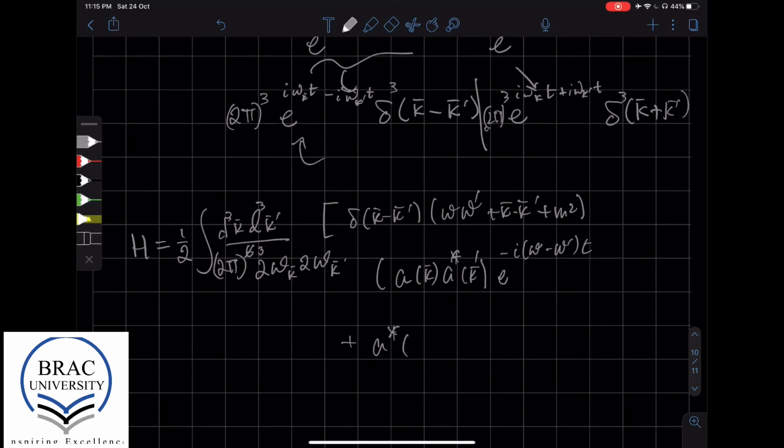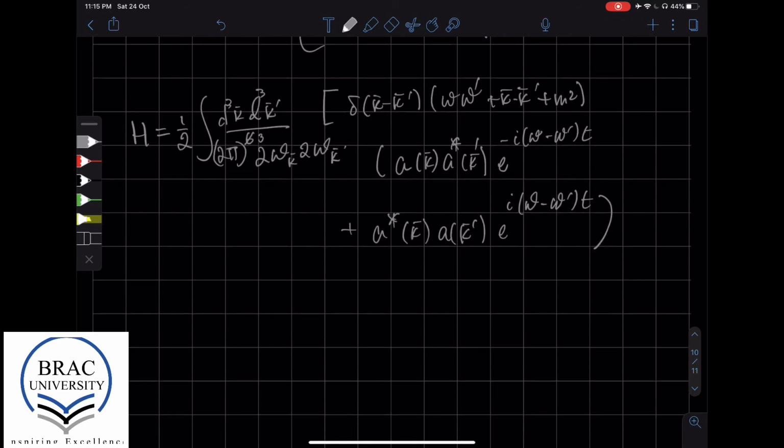So this will be k prime. And then we'll have a star of k and a of k prime and e to the power plus i (omega minus omega prime) of t, bracket ends, and then there'll be the term with the delta function. So there's a delta cube here, where the argument is k plus k prime, and then that term will have multiplying it, say, omega prime, and then we're going to have,